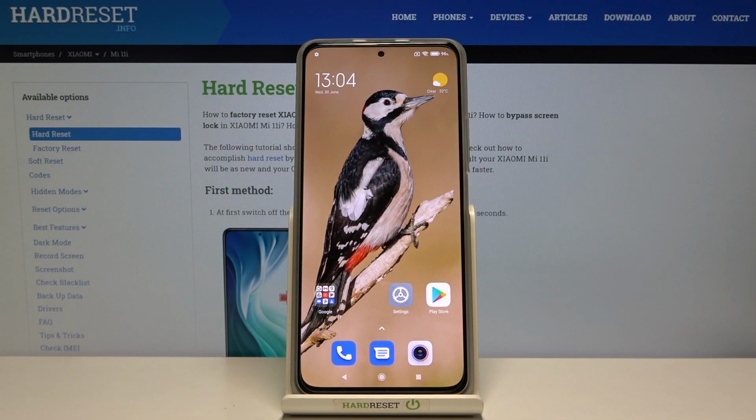Welcome, here I've got Xiaomi Mi 11i and I'm gonna show you how to change aspect ratio in the camera